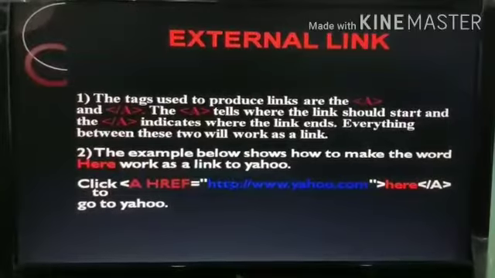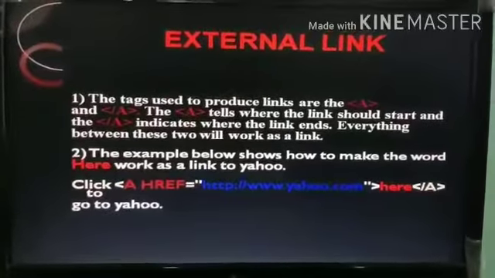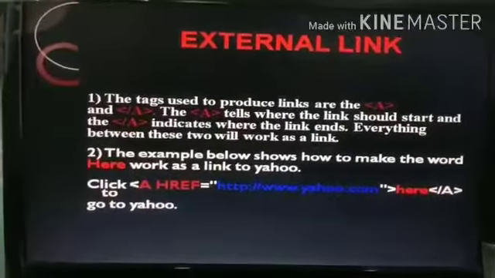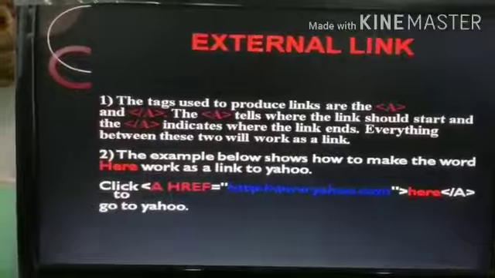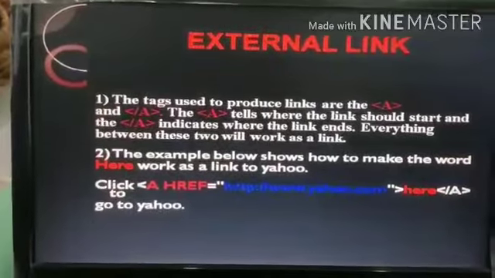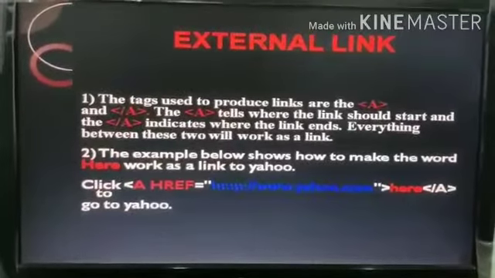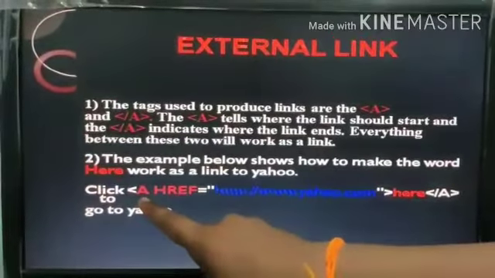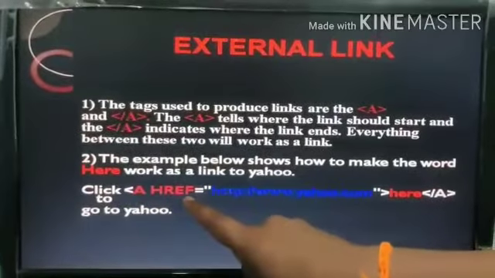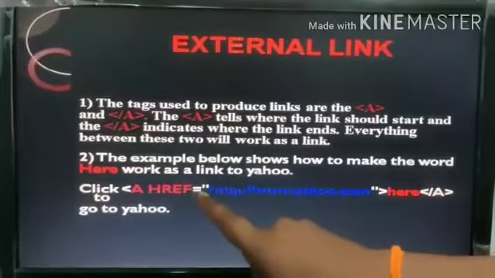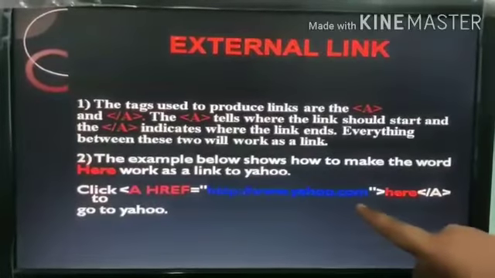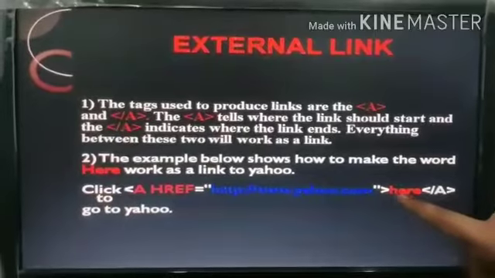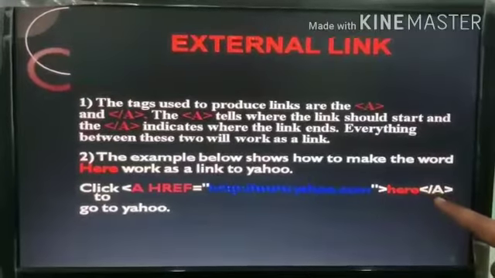One attribute of the anchor tag we have to use is href. Href means hyperlink reference. It contains the address of the page where we want to move, where we want to jump by clicking on any hypertext. Here you can see we have used the anchor tag and one attribute of it, that is href. This href attribute contains the address of the page where we want to move on clicking this hypertext, and after it we have to close the anchor tag.